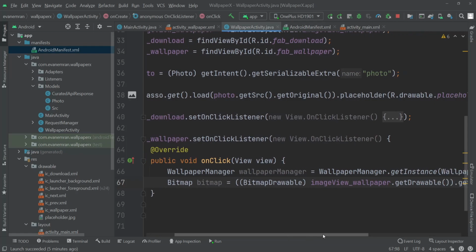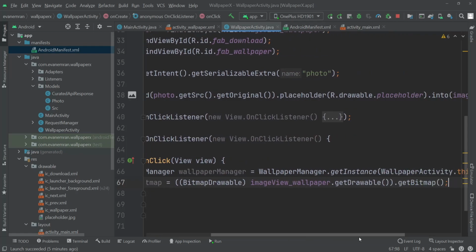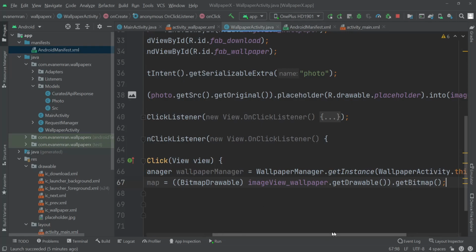Okay, so that will return us the bitmap of this drawable file. So what is happening here is at first we're getting the drawable file from the image view, then we're casting this to bitmap drawable, and then we're getting the bitmap from this bitmap drawable. Okay,